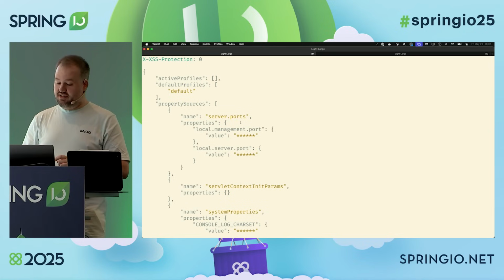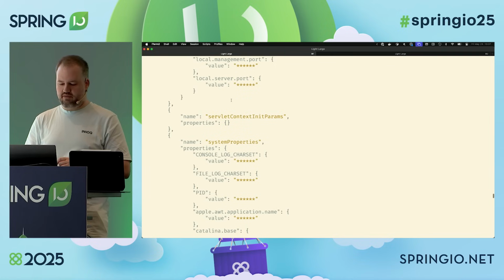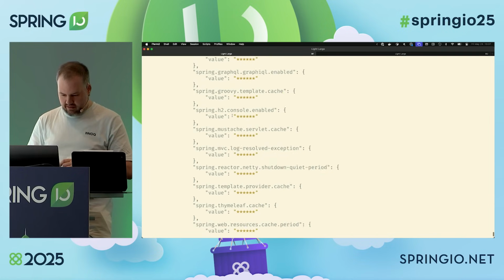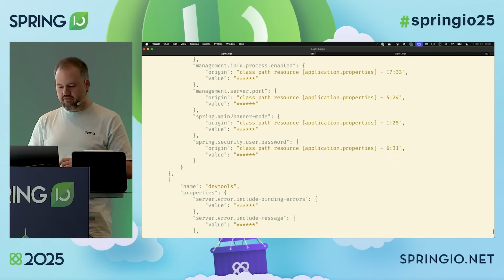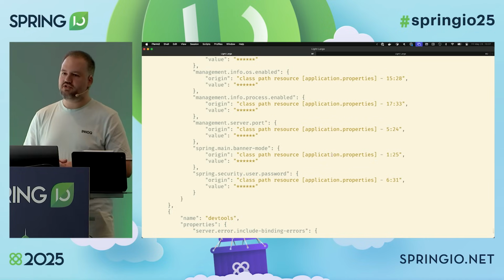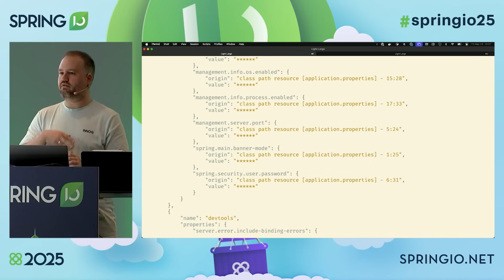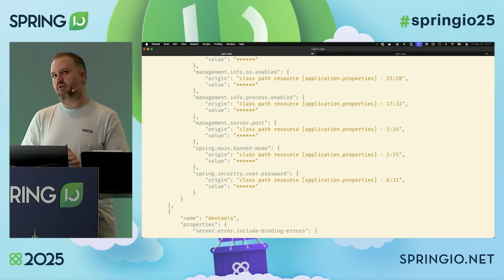There's a server ports property source, which shows where some values come from. There are system properties, environment variables, application info, the dev tools provide some values, my application properties provide some values. So it's nice for debugging on your own machine,